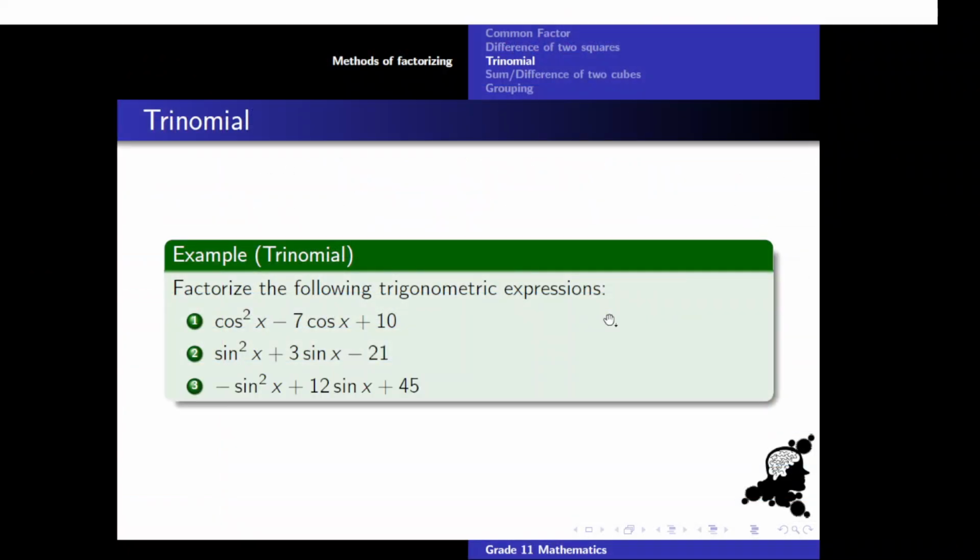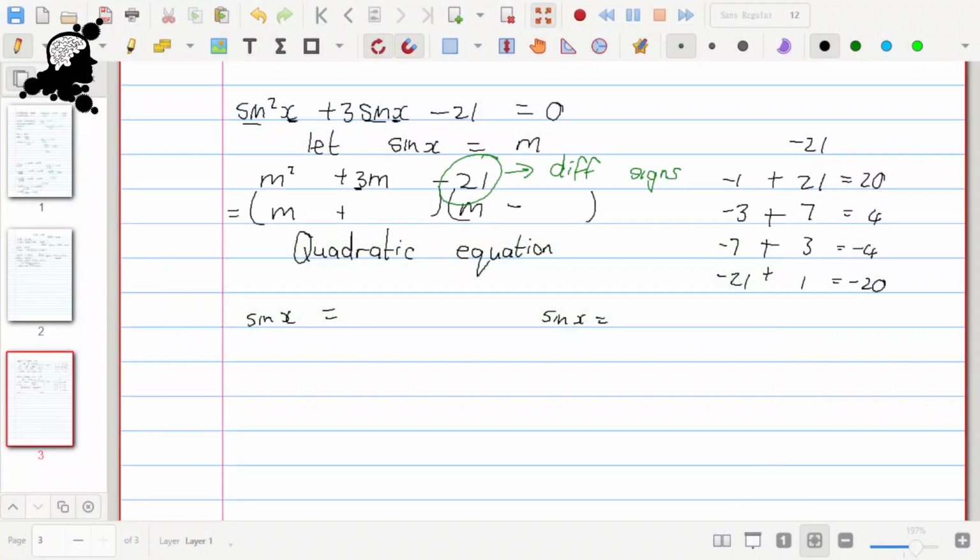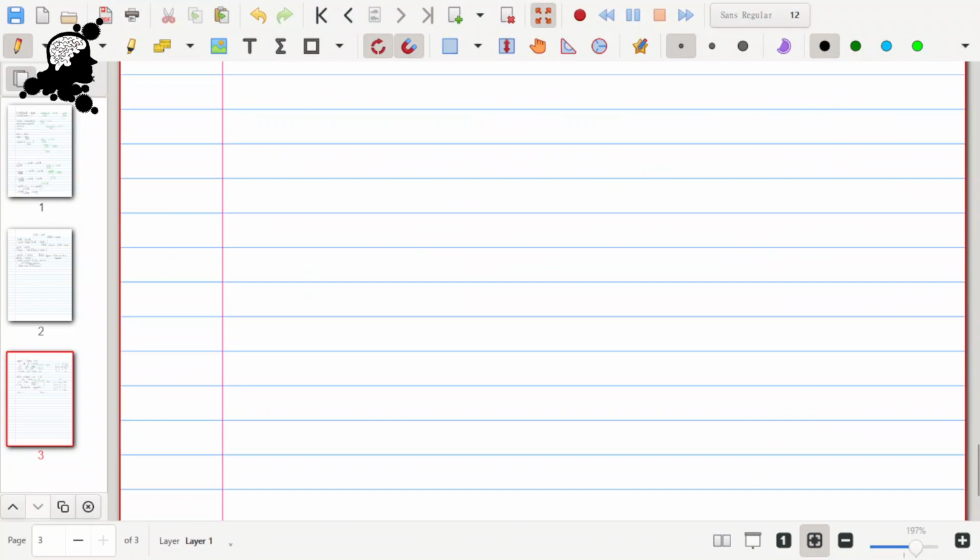All right, and then we have the last question here. Let me just take this question down. So yeah, I think I can work with this space. No need for a new sheet of paper. So we've got sine squared x plus 12 sine of x plus 45. So what I can do here is I will notice that my term with the highest exponent does